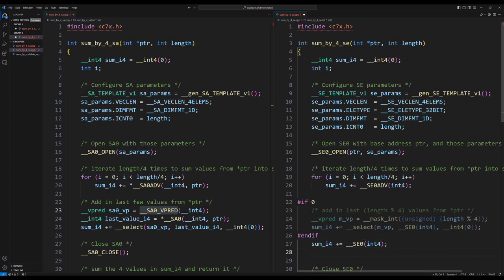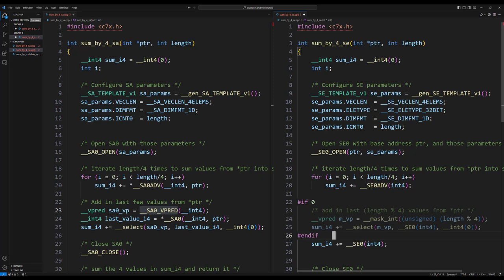Okay. So what is presently lines 23 through 25 has all been replaced by line 27. That computes the same thing, because all of this business with computing a predicate and then using the select, the SE has already done that for you. And remember how I talked about how values in the holding register that are in effect masked out by the code similar to 24 and 25 are filled with 0.